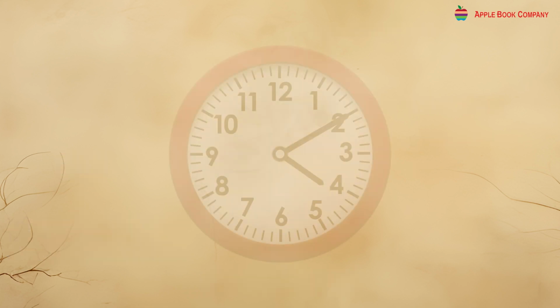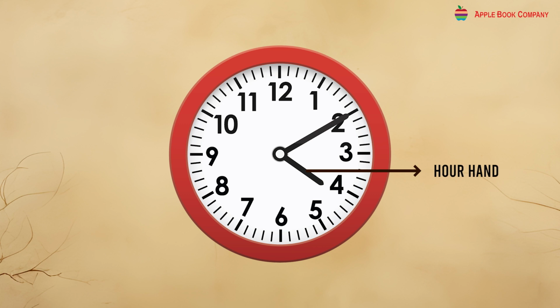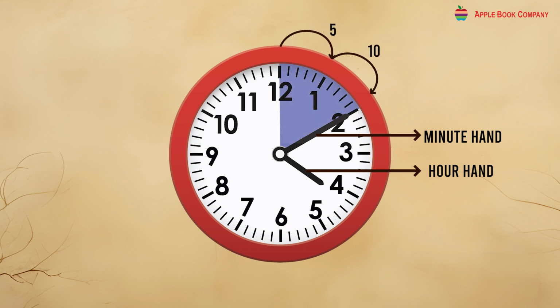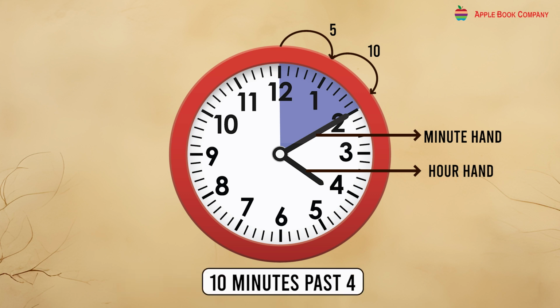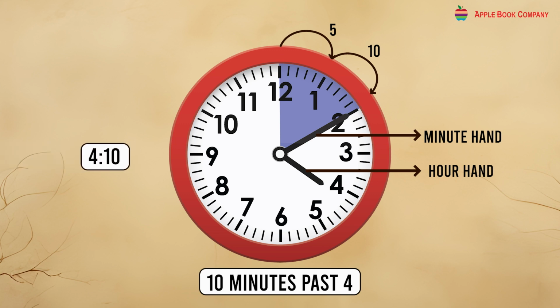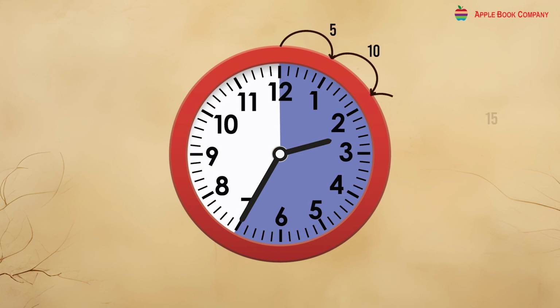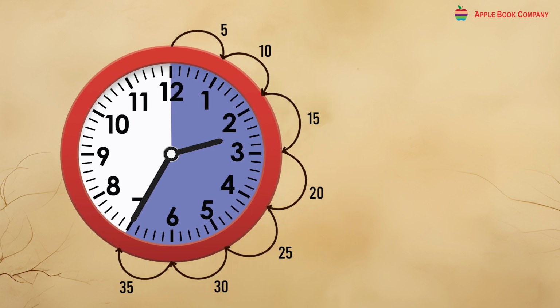In this clock, the hour hand is a little past 4 and the minute hand is at 2. That is, 10 small divisions from 12, we say that the time is 10 minutes past 4 and write it as 4:10. When the minute hand has moved past 6, we write and say the time is 2:35,